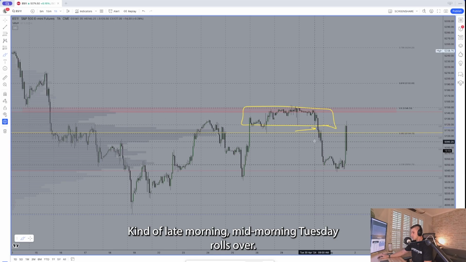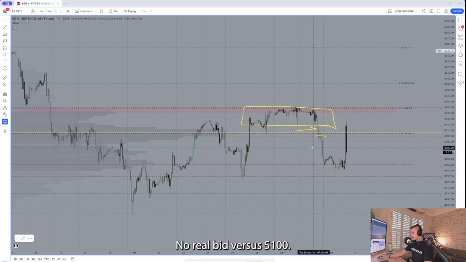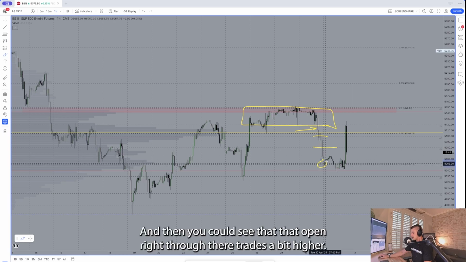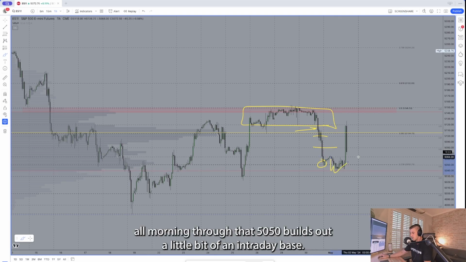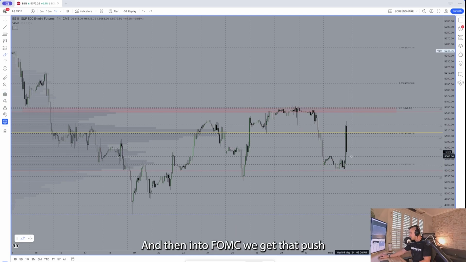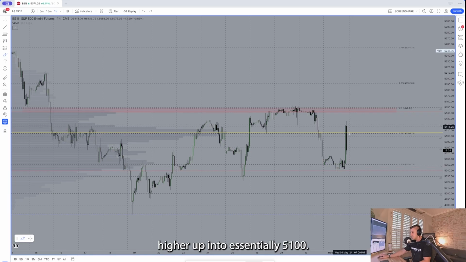Tuesday rolls over, no real bid versus 5100, no bid at all versus 5080. Marks a bottom right here. That is essentially the close, and then you could see that open right through there trades a bit higher. Now, price just kind of oscillates here all morning through that 50-50, builds out a little bit of an intraday base, and then into FOMC, we get that push higher up into essentially 5100, that 5120 upside level of interest,